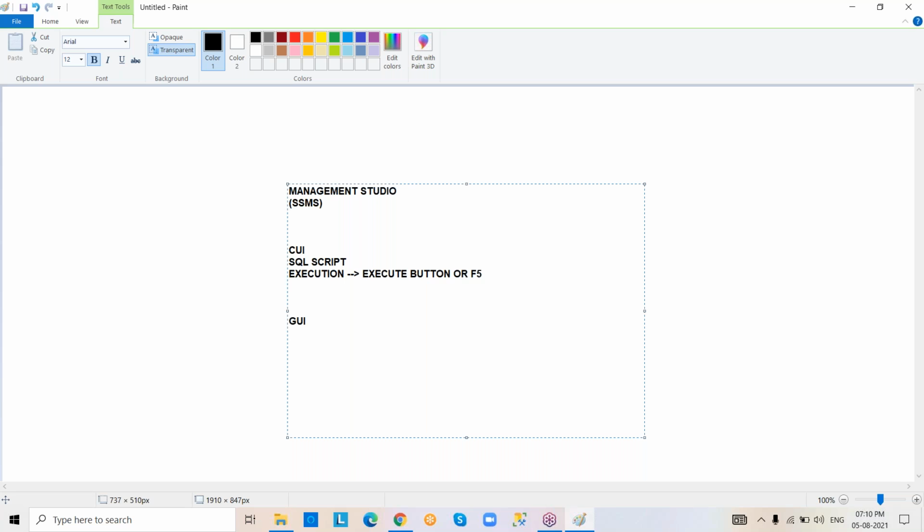In the same way, it also contains the GUI, graphical user interface part. This part contains only navigations. Navigations means apply, OK, cancel kind of buttons will be there. By the end of the navigation, execution will automatically be completed. Right? These are the things that will be there.